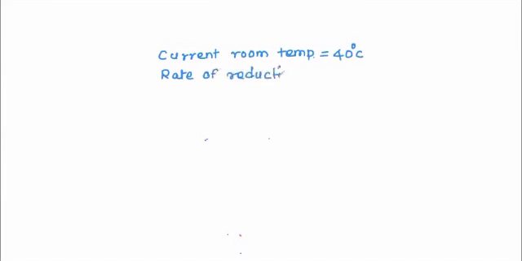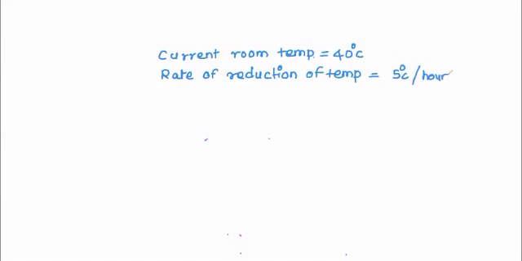Okay, so what are the givens? Given is current room temperature is equal to 40 degrees centigrade. Now, rate of reduction of temperature is equal to 5 degrees centigrade per